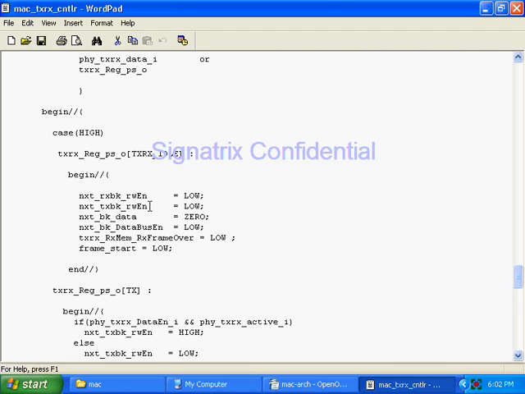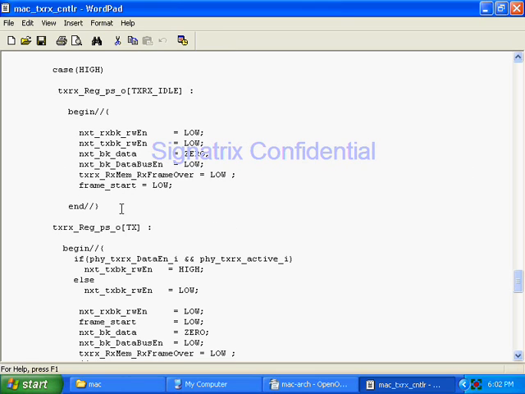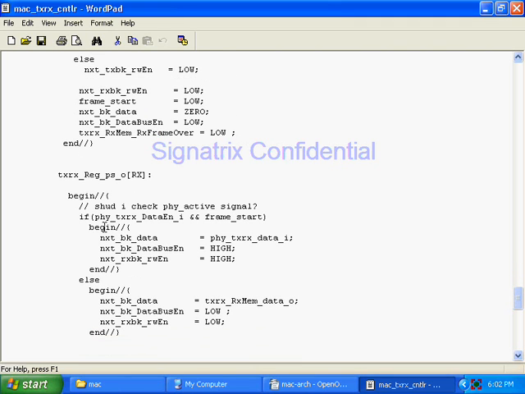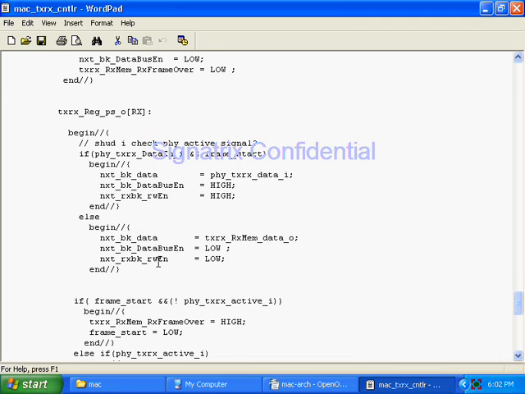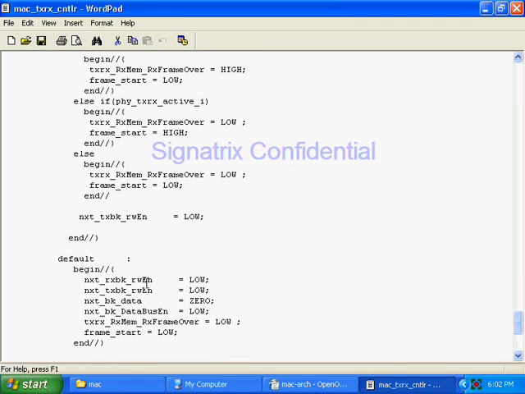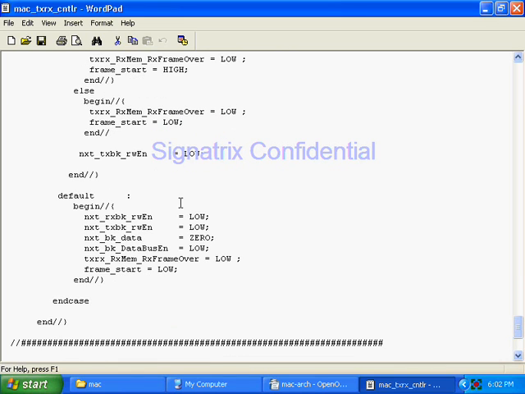from here the TX enable, RX enable, and the data out, all these signals go towards PHY. While it is in reception, data out will go to RX memory. It has to receive the data from the PHY side, and it has to put that data in the RX memory. So for each and every state, what are all the outputs we have defined? So this is a Moore machine. Based on the state, the outputs are defined.